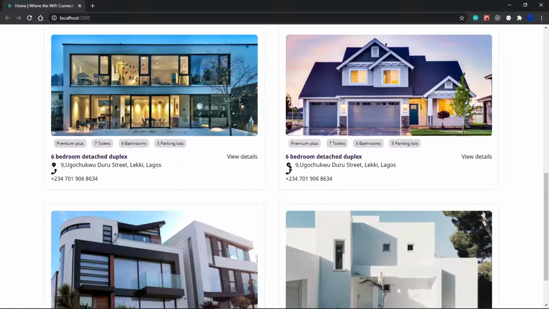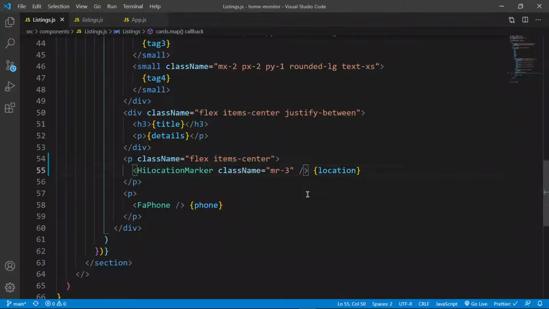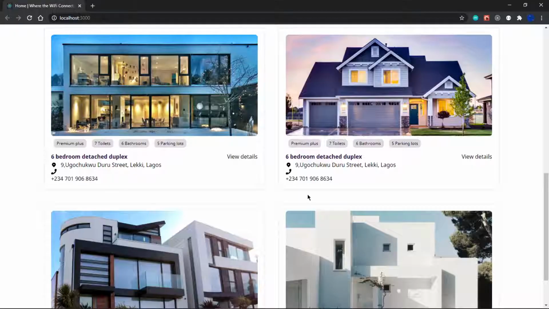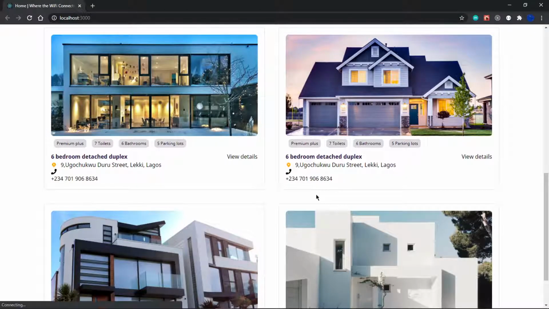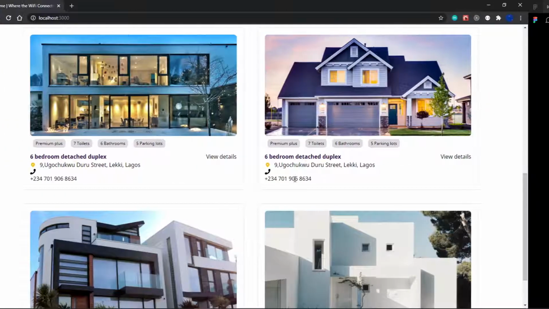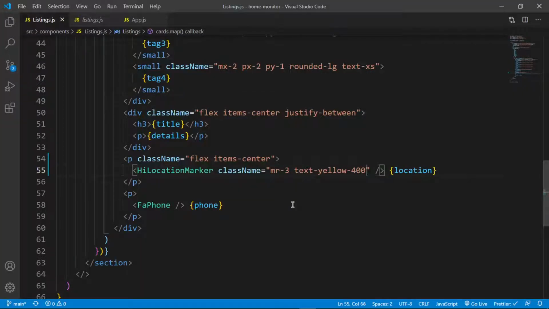And then I need to change the color for this to yellow. So I'm going to say on the location marker, I want the text to be yellow with a shade of about 500. We should change it like that. That's too dark, maybe. Let's say 400. Yeah, 400 is much better. And then I want to make it just bigger, just a bit, like in our design. So I'm going to say text-xl,